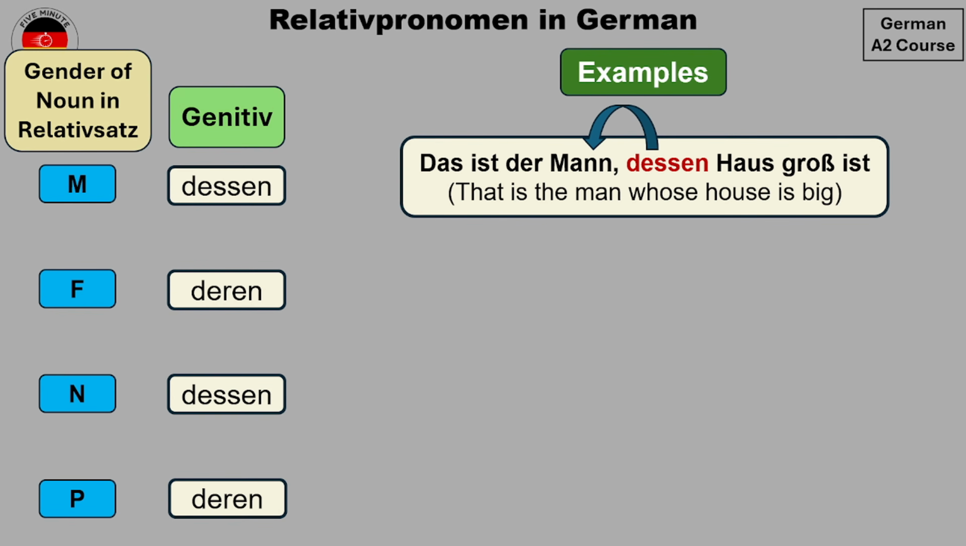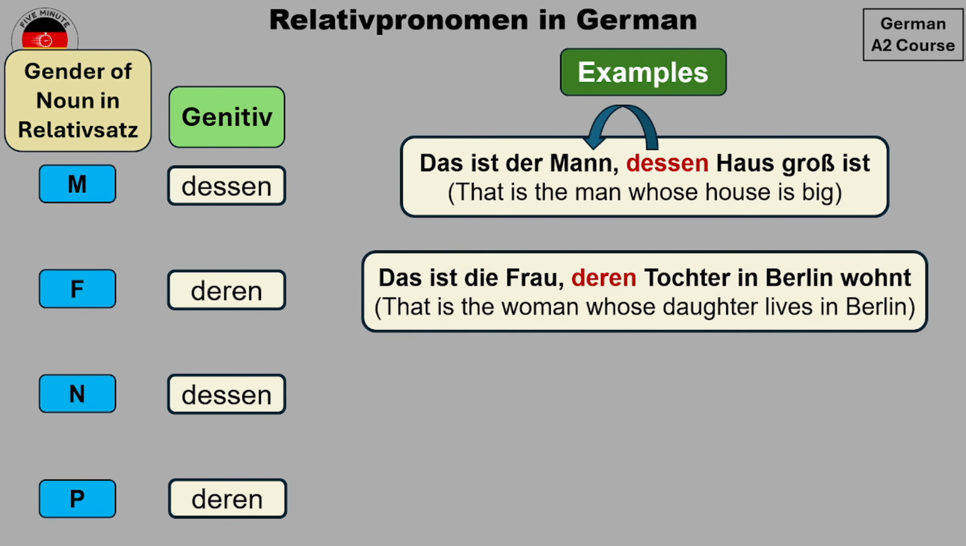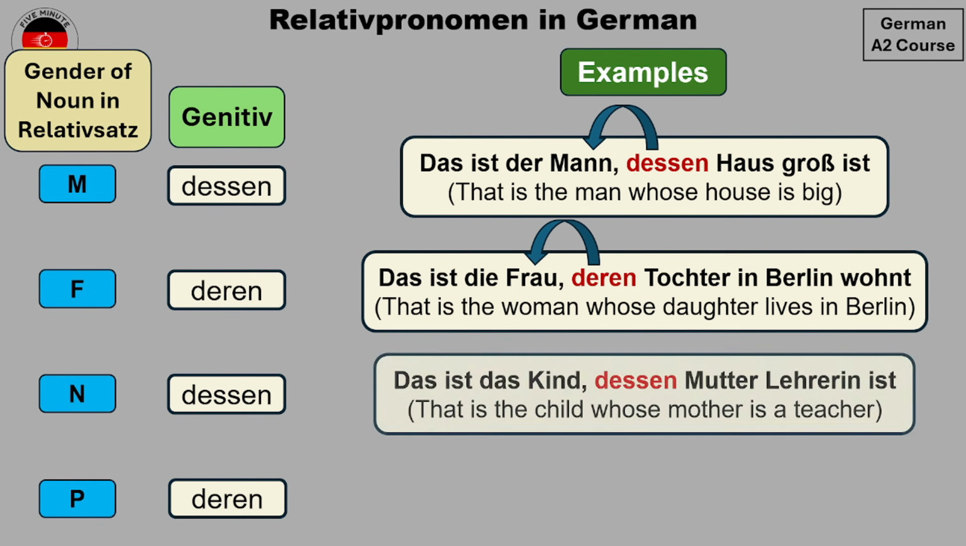Let's take an example with the feminine noun. So we have the sentence, das ist die Frau, deren Tochter in Berlin wohnt. That is the woman whose daughter lives in Berlin. So you see, we have used the feminine relative pronoun in genitive because we are referring to the Frau. Let's take an example with the neutral case. So we have the sentence, das ist das Kind, dessen Mutter Lehrerin ist. That is the child whose mother is a teacher. Now since the Mutter belongs to das Kind, that's why we have used the relative pronoun dessen over here